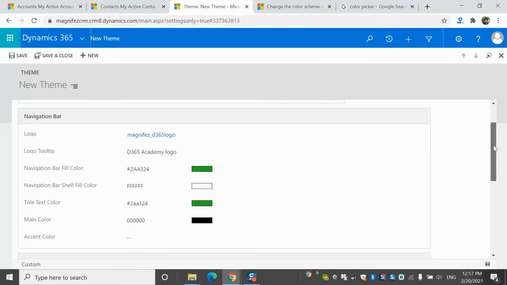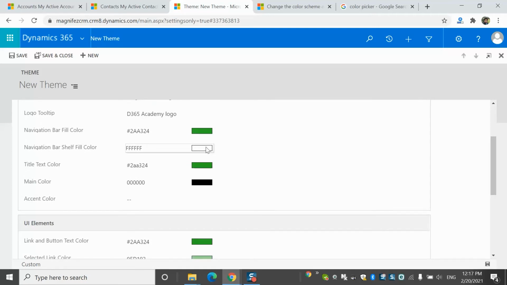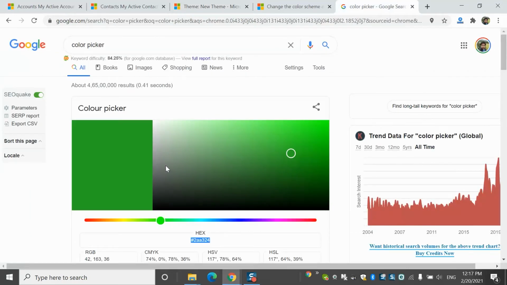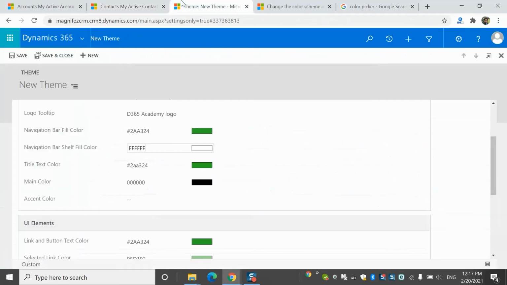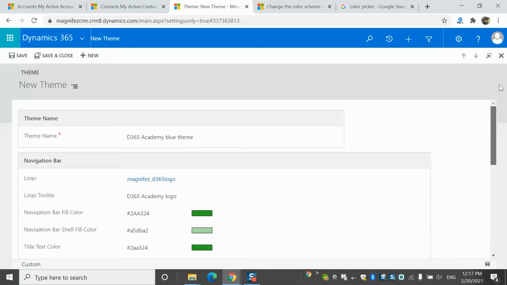There you go. And then we can change the rest of the colors. Everything is an alphanumeric code, so every time you have to go to the color picker, whatever color you have to select, you have to select that properly. Yep, select that color, come back, mention that here. There you get it. And finally, once you make the changes, once you're clear about it, then you can just save this theme. So you just created a simple theme from scratch by uploading the logo, and then by selecting the colors.